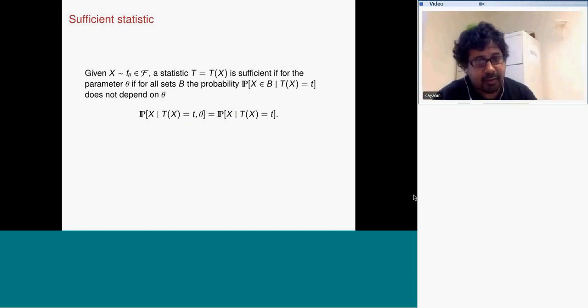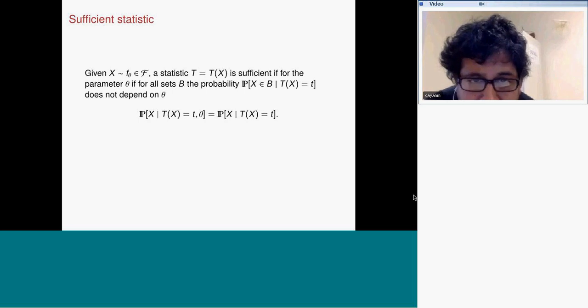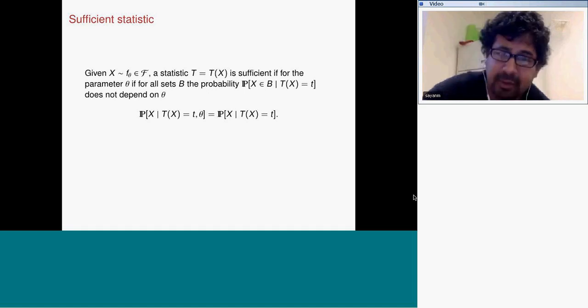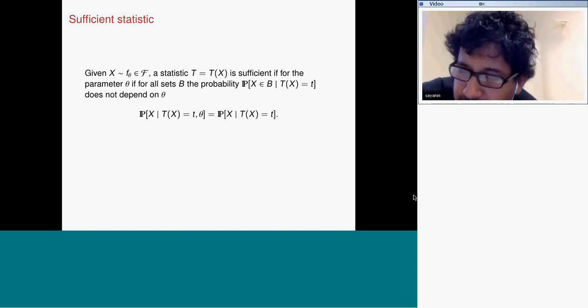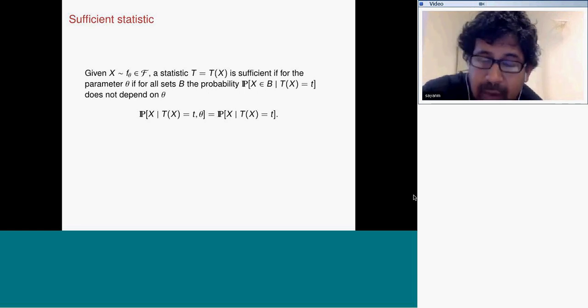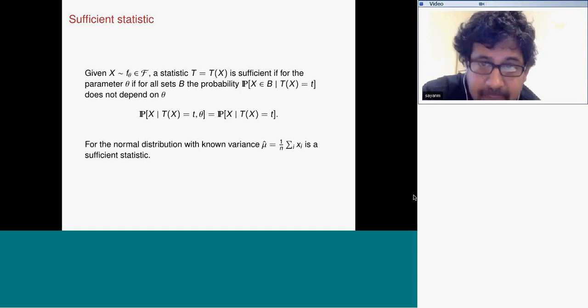Now, the idea of a statistic, and the idea of a sufficient statistic, is I have X coming from some distribution, and a sufficient statistic is a statistic I can compute from the data, so it's a summary. In a joint distribution on that summary and the parameters, it's telling you I could have thrown away the parameters and I would have lost no information. Okay, that's the idea of a sufficient statistic. So a classic example is if I have a univariate normal, I can just compute the sample mean and the sample variance, and I will have lost no information.